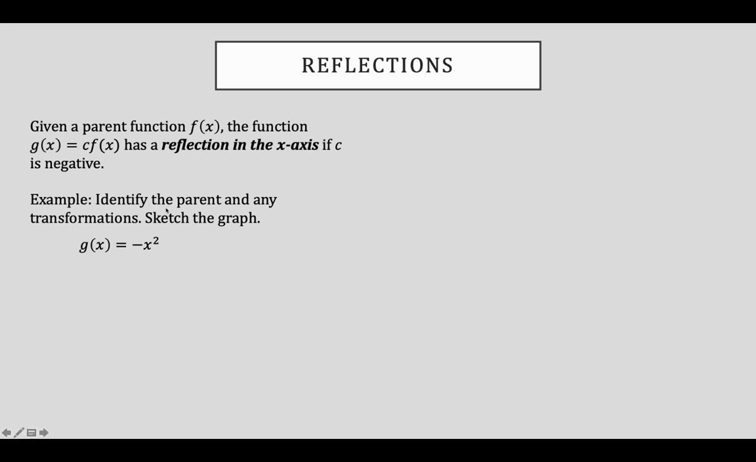Example, identify the parent and any transformations, sketch the graph. Here we have g of x is equal to negative x squared. What's the parent function? Well, f of x is equal to x squared, right? It is a quadratic. What's different about our function g? We have negative 1 times f of x, negative 1 times the parent function, negative 1 times x squared. That means that our constant multiple in front of the parent function is negative. When our constant multiple in front of the parent function is negative, that is going to generate a reflection in